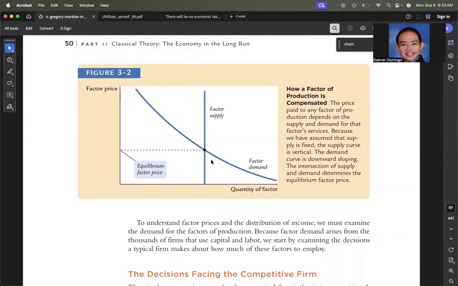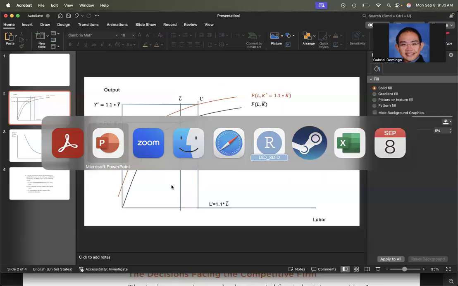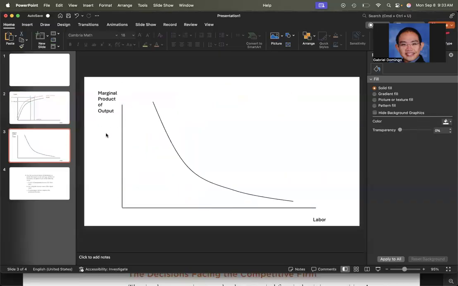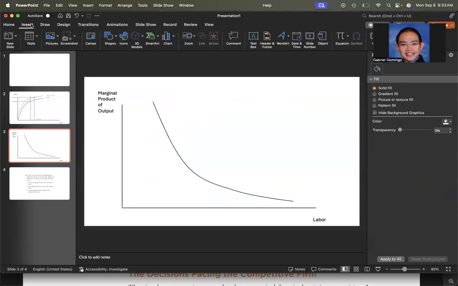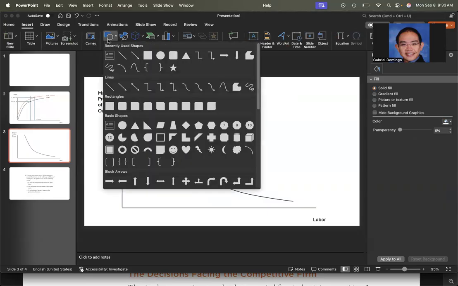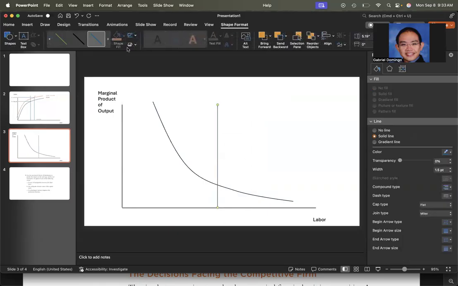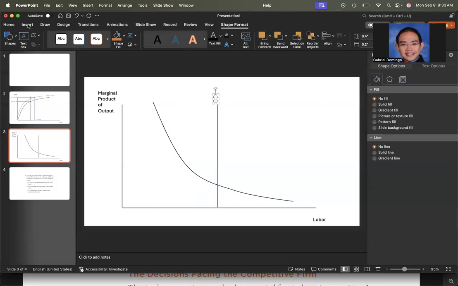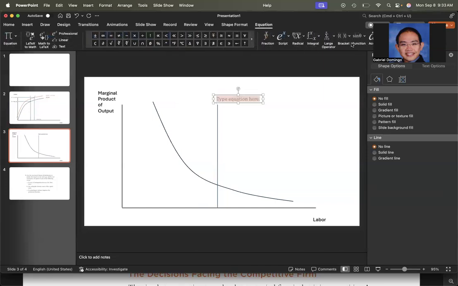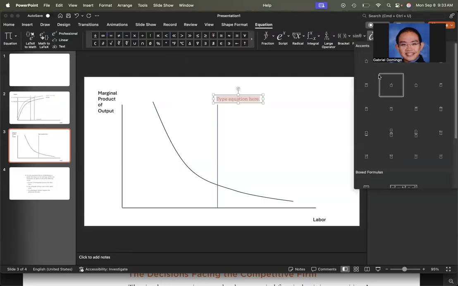So the simplest one to consider. Here we have the marginal product of labor. Ignore this one first, right? But the easiest curve to consider is the supply side because it's essentially a vertical line like so. And you might ask why it's a vertical line? Because we've got L bar, which is,